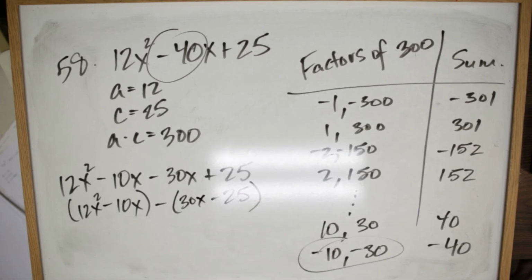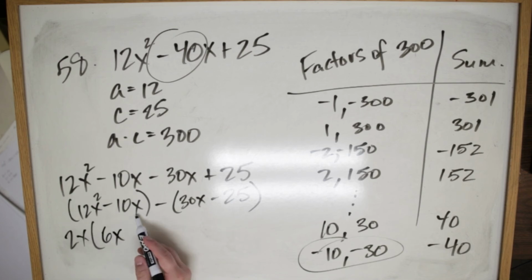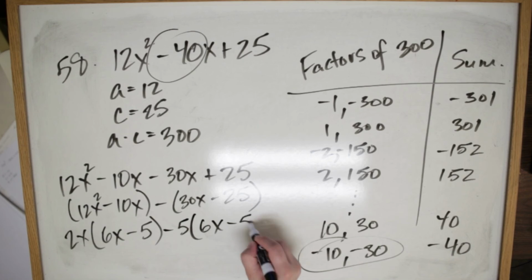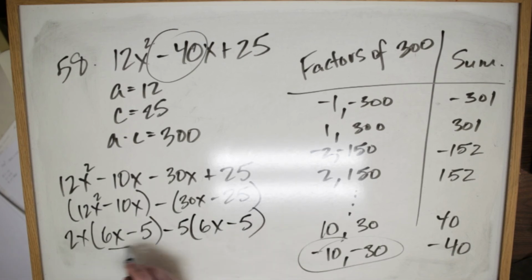Okay, let's see here. I can pull a 2 and an x in front. So what's left over in the 12x squared from the 2x is going to be a 6 and an x. And then over here it's going to be a minus 5. Yeah, I think that's it. So here it's going to be a 5, right? So 6x minus 5. There we go. So now that these are the same, I can combine them. So I get 2x minus 5,